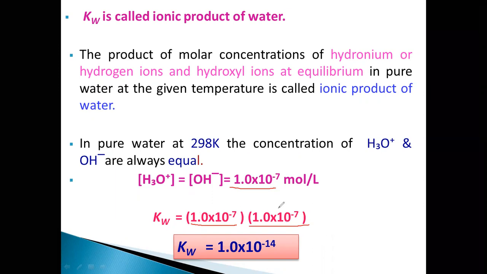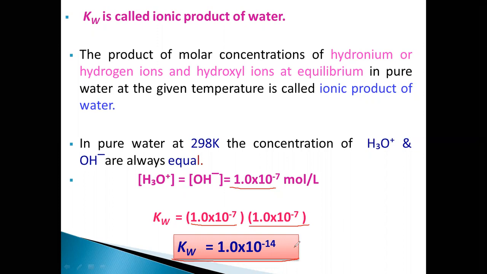Wrong. Whenever a power is there and 10 raised to the power x या ऐसी कोई टर्म होती है जो कि मल्टीप्लिकेशन आती है तो पावर की एडिशन होती है. सबको पता होगा, बीइंग अ स्टूडेंट ऑफ मैथ्स, ये सबको पता होगा कि 10 टू पावर x इंटू 10 टू पावर y, ऐसी कोई टर्म है तो उस पावर्स की एडिशन होती है. सो 10 टू पावर x प्लस y होगा, राइट. सो हियर आल्सो 10 टू पावर माइनस 7 इंटू 10 टू पावर माइनस 7, दैट मीन्स 10 टू पावर माइनस 14. So the value of Kw is obtained as 1 into 10 to the power minus 14, and this is